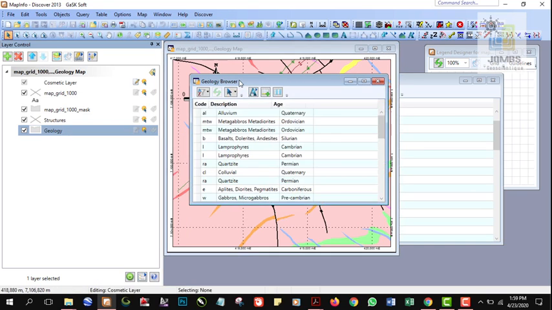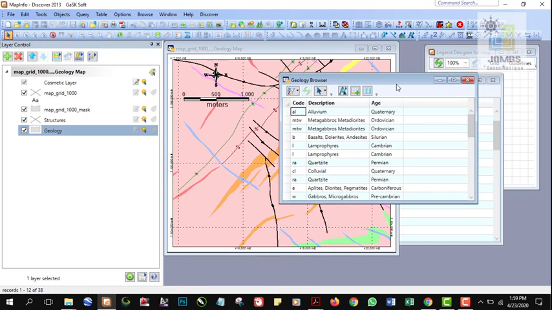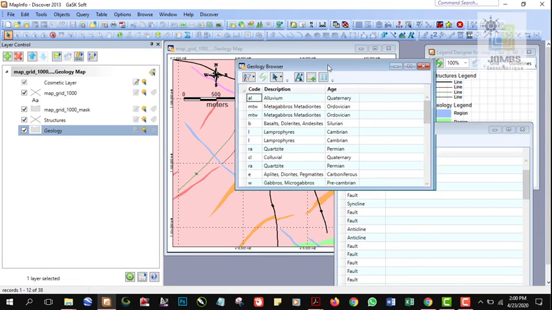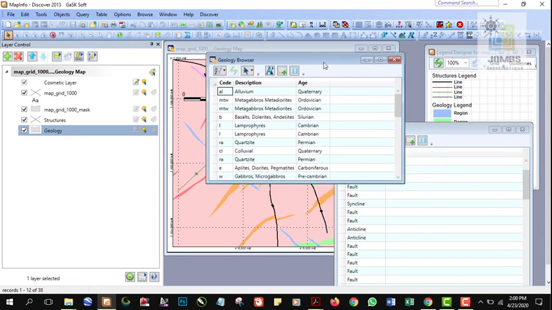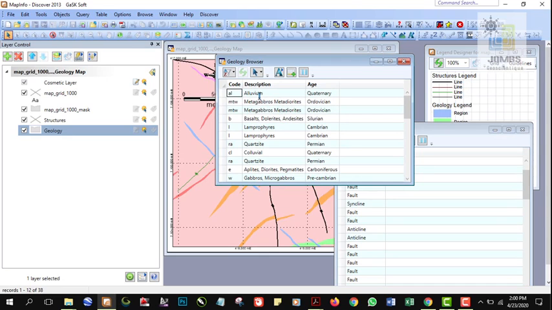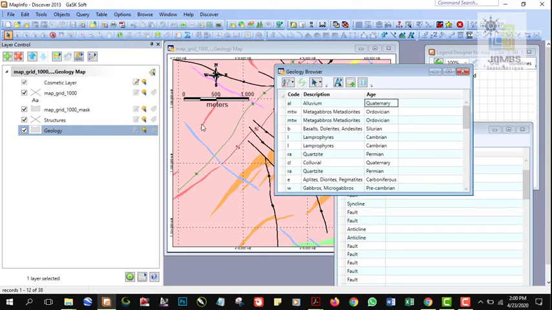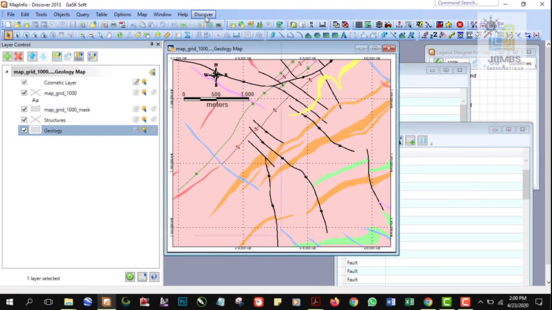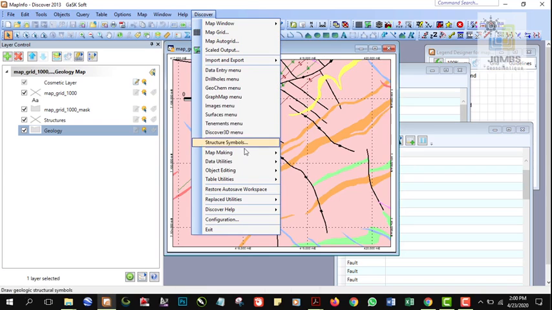When we browse the geology table, we can see more different column attributes or more different column structures. We have code, description, and age of the geological formations. Right. Let's get back to our legend